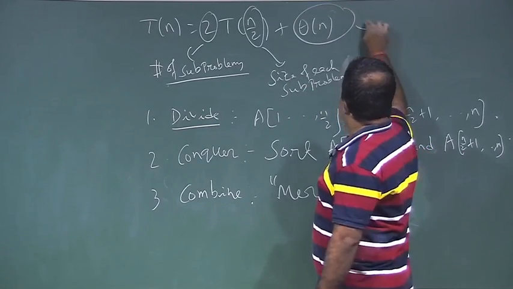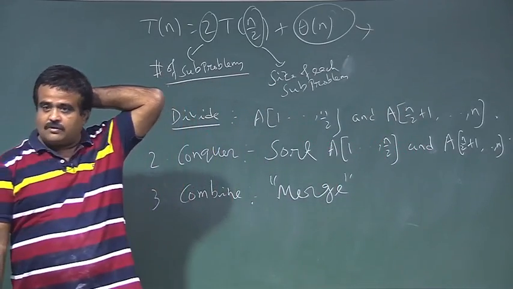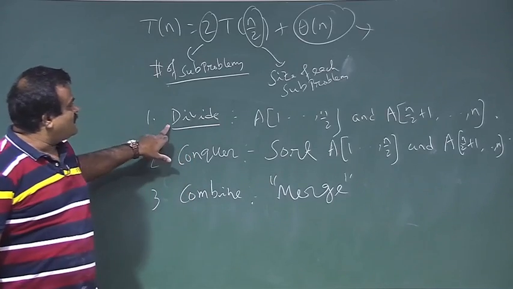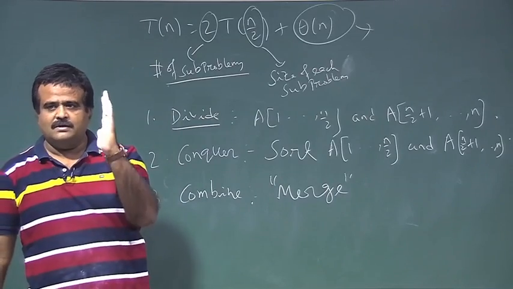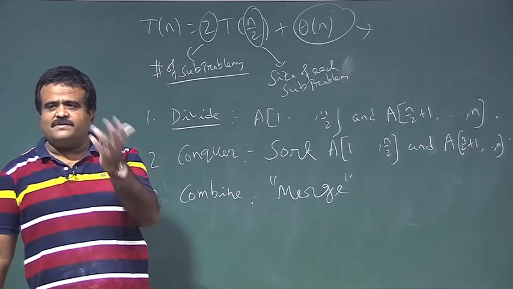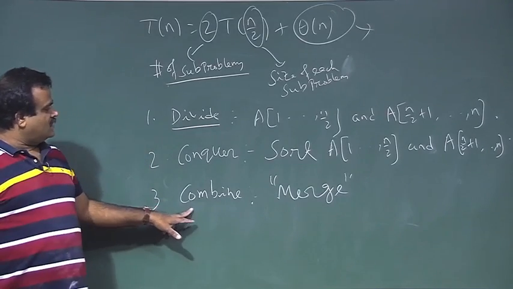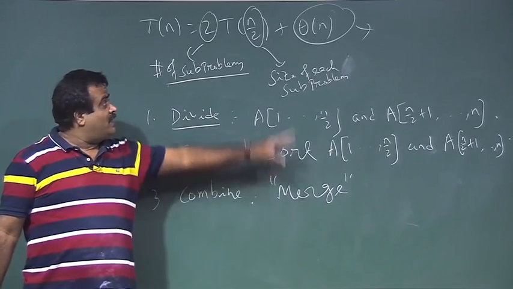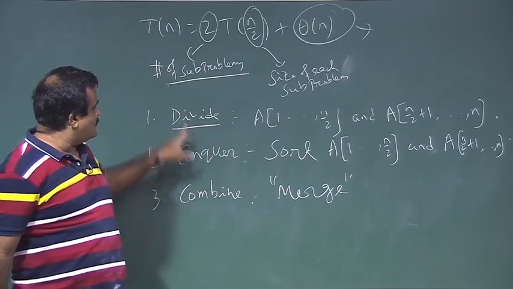And what is this? For merge sort, this is the cost for merge, because in merge sort the divide step is very trivial, because we are just going to the middle, just identifying n by 2, that is it. It is a very trivial step for merge sort, but this is crucial. This merge will take linear time, order of n,